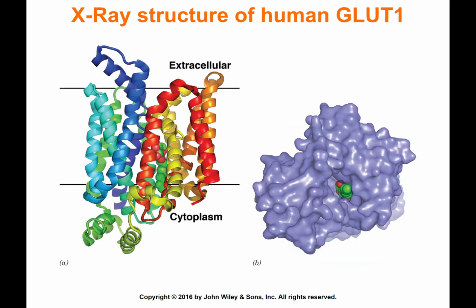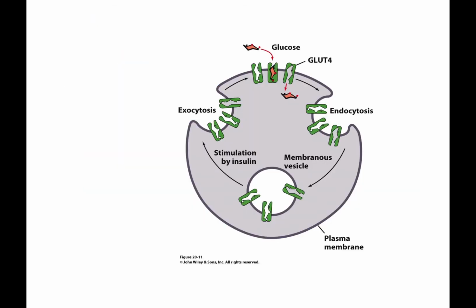All right, this is what the GLUT1 protein, the glucose transporter, actually looks like. You can see here a pore allowing the glucose, which is shown in the green and red spheres there, to enter into that cavity and bind to it. All right, now,